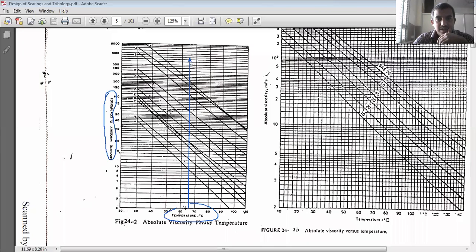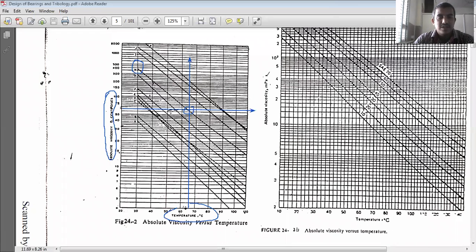Then from the vertical axis, there is the 60 centipoise. As you know, from 50 to 75, 5 divisions are there, each division having 5 centipoise. Now I need 60, right? 50, 55, 60. Now this is the horizontal line we draw. Now where do you get the intersection point? This is the intersection point. Now the nearest curve which goes through the intersection point is which oil? Oil H.